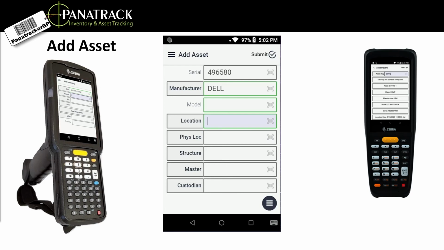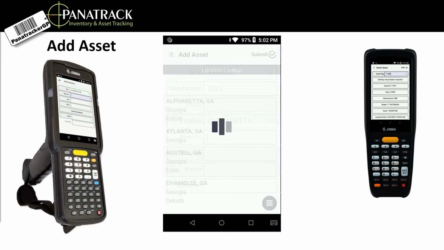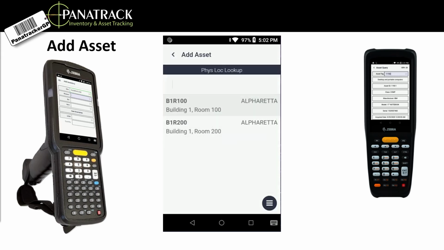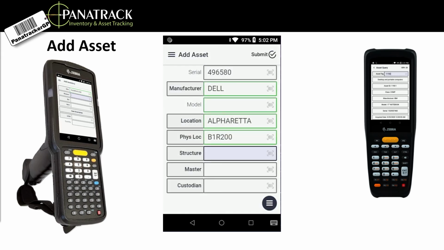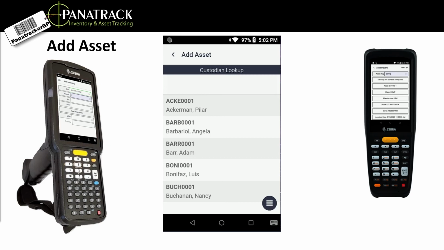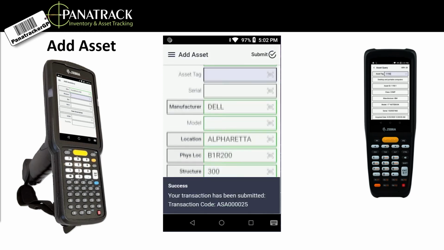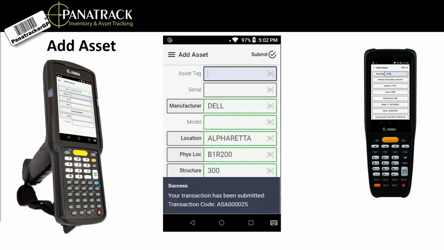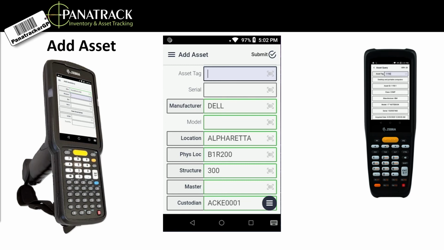This can again be accessed and entered through a barcode scan, through the device keypad, or through the Panatrack lookup list, where an asset is assigned to Alfreda, Building 1, Room 200, structure 300. We can assign a master asset ID or a custodian if we so wish. Once a custodian has been entered, the asset is created and our user is prompted to create their next asset